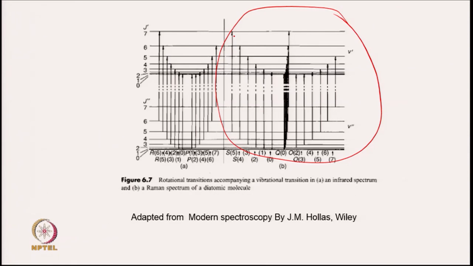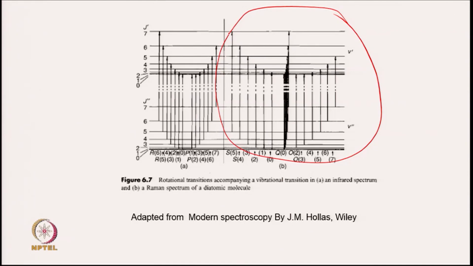So again delta J is plus minus 2. We are going from a rotational level of one vibrational level to a rotational level of another vibrational level. And so this is rotational-vibrational